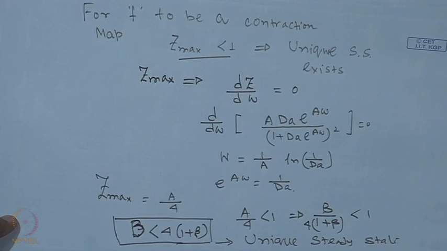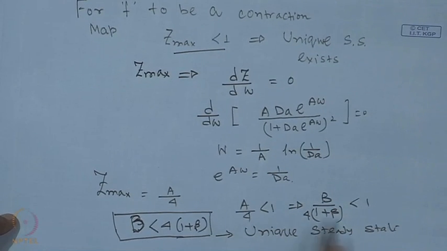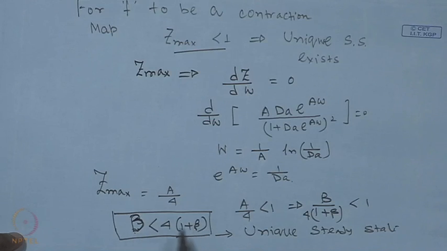So, contraction map is successfully applied to this particular system. There are 3 parameters we have: b, beta and the Damkohler number. Let the Damkohler number be anything. If the relationship between the parameters b and beta is such that b is less than 4 into 1 plus beta, then we will have a unique steady state in this particular problem. So, this example clearly demonstrates how contraction map can be utilized in a practical chemical engineering system,